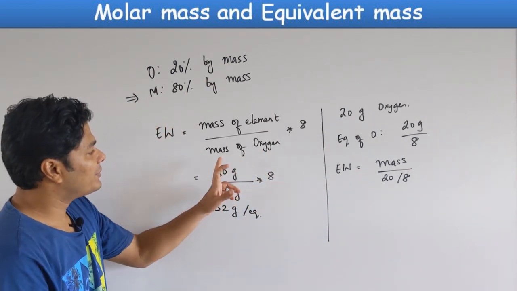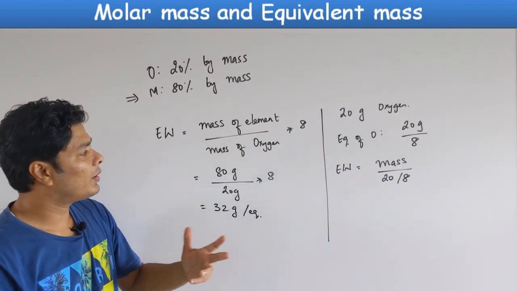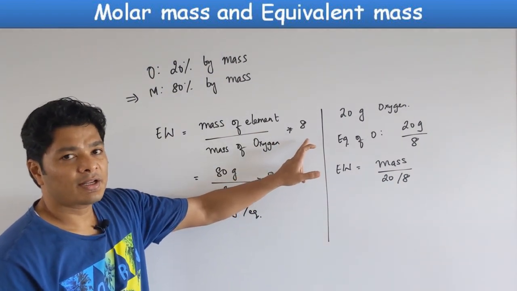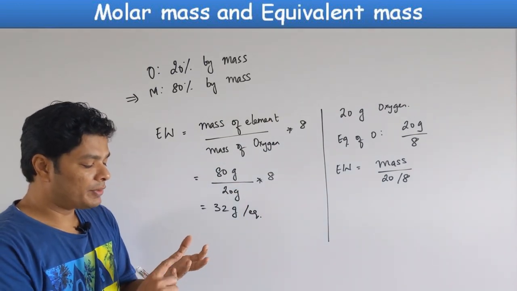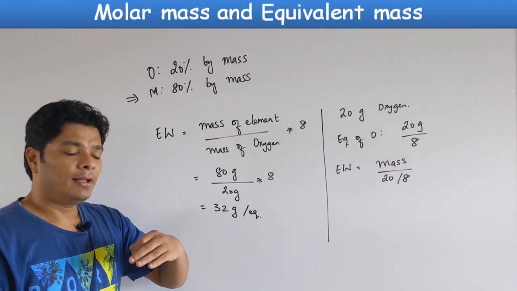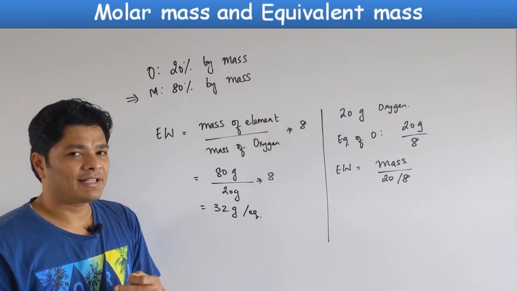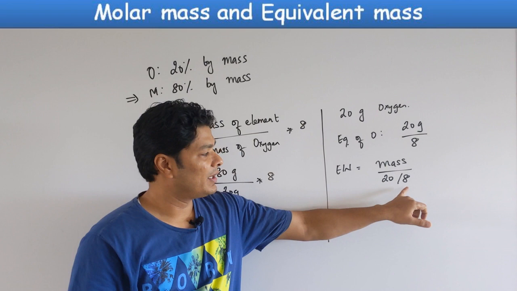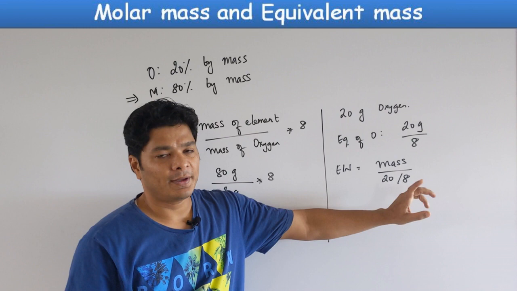If they relate it to hydrogen, this would be mass of hydrogen times 1.008. If they relate it to silver or chlorine, accordingly you can change the number to 108 or 35.5 respectively. Now when you look at hydrogen, silver and chlorine, it's extremely simple. The valency is 1, so life is extremely simple when the number is always 1, because dividing by 1 always gives the same number. Whereas in oxygen it is going to be different. Oxygen's valency is 2, so 16 by 2 becomes 8. Hence you change accordingly.